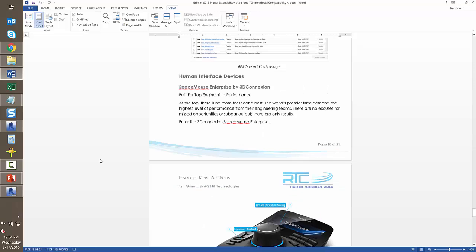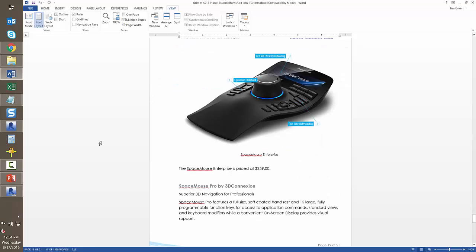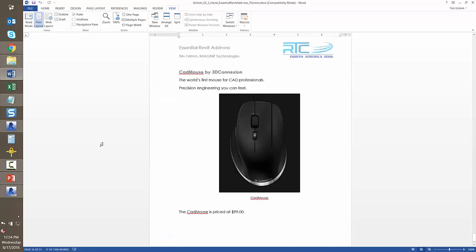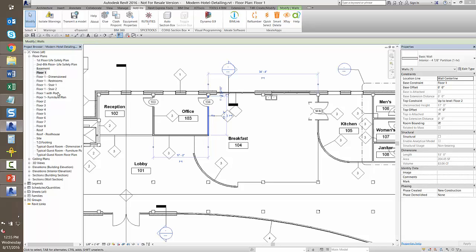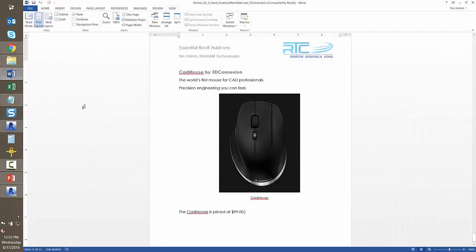Okay. And then human interface devices. I'm a big fan of 3D connection. Let me start at the bottom here. The first thing is their CAD mouse, which I'm actually using right now, and it's really pretty great. The thing that impresses me most about the 3D connection devices is the software is adaptive based upon what program you're in. So I'm in Word, and there's a button here